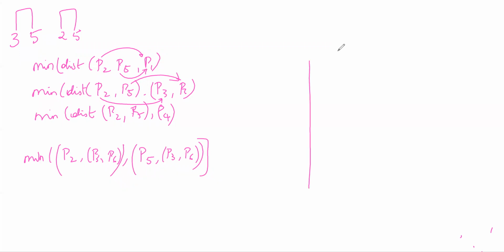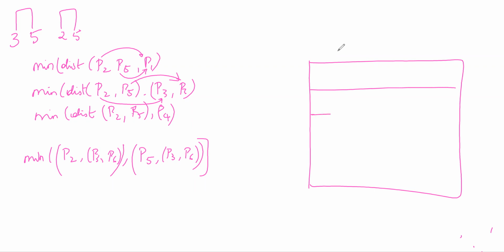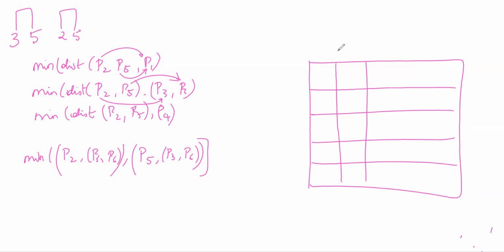Meanwhile, I'll just write the distance matrix. You can tell me the calculations part. So I still have P1, P2 is P2 and P5, P3 is P3 and P6, and P4. P2, P5, P3, P6 because it's already a cluster, and P4. And I know the diagonal values are 0.